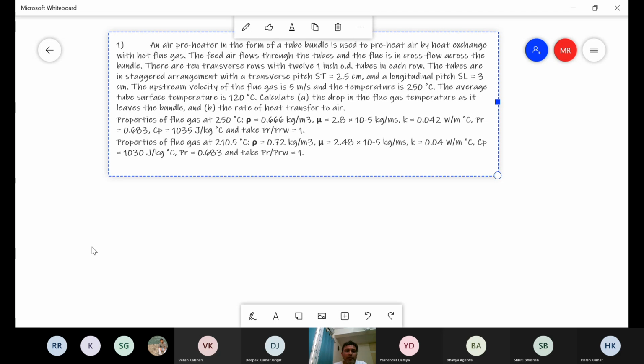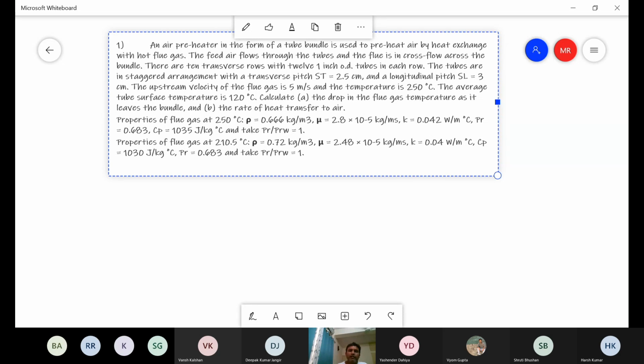So what has been given in the problem is an air preheater in the form of a tube bundle, used to preheat air by heat exchange with hot flue gas. The feed air flows through the tubes and the flue gas is in cross flow across the bundle. There are 10 transverse rows with 12 1-inch outer diameter tubes in each row. The tubes are in staggered arrangement with a transverse pitch of 2.5 centimeter and longitudinal pitch of